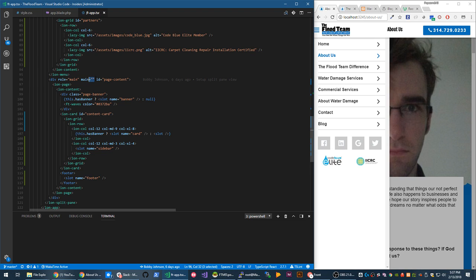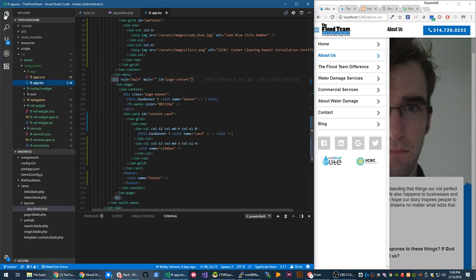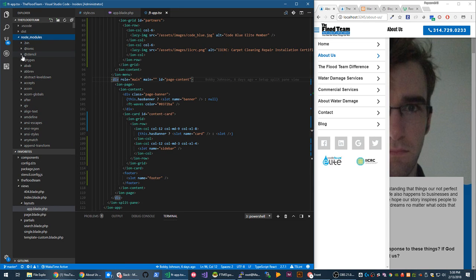If you try this on your solution, if you just installed Stencil, this is going to fail because the main attribute doesn't exist on div. If you run into that, you probably need to head on over to your node modules, open up Stencil, and then I think it's under core, then dist, and then declarations,